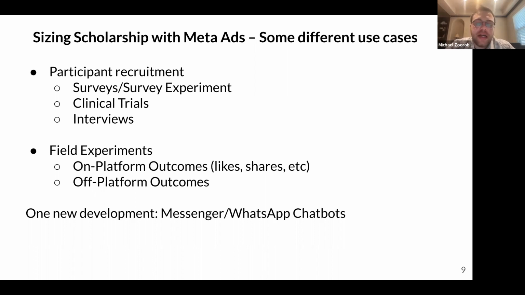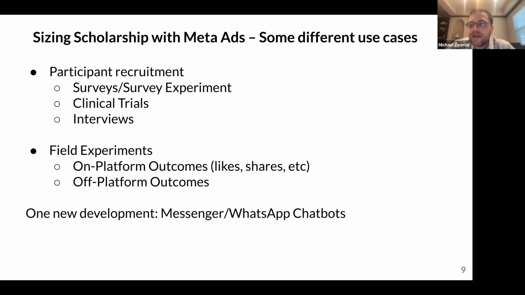Another use case that people use at Meta, I think it's quite a bit less, as I'll describe in terms of number in a moment, but it's also very important, and the webinar touched on, is that people use social media ads to conduct field experiments, where you're having a real world exposure to some kind of message embedded in an ad.